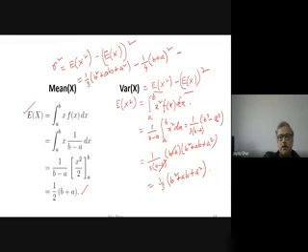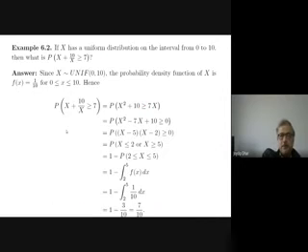So if I simplify, it will be 1 by 12b plus... So this will actually be the variance. So we can calculate the variance, and the square root of the variance will give you the standard deviation. So I'm coming quickly to one example: if x is a uniform distribution,